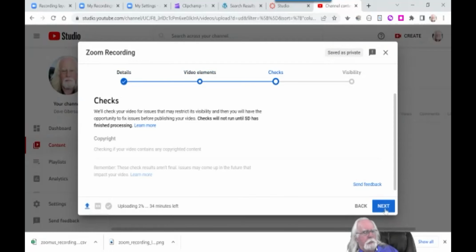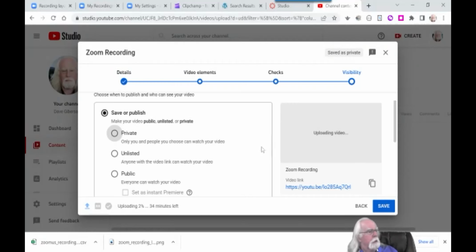Then you just click next, keep clicking next. Don't worry about these intermediate screens. You don't really have to do anything there. You do have to tell YouTube how visible you want this video to be. Do you want the entire world to be able to search for it, and if they find it, be able to view it? Or do you want people, in order to view it, to have to get the link to the video from you? If you select unlisted, they can't search for the video. They can't find the video unless you give them the link in an email or a link in Canvas or whatever. So that's effectively private,